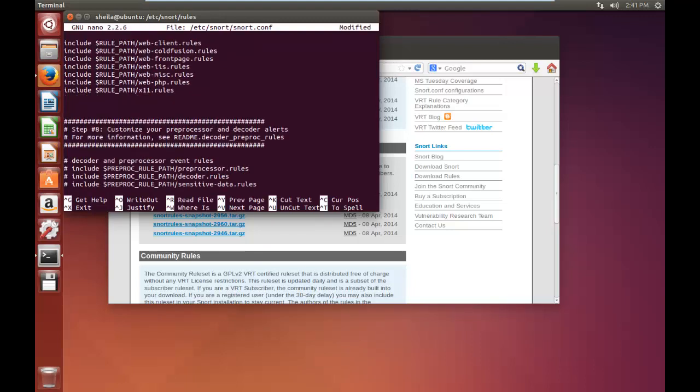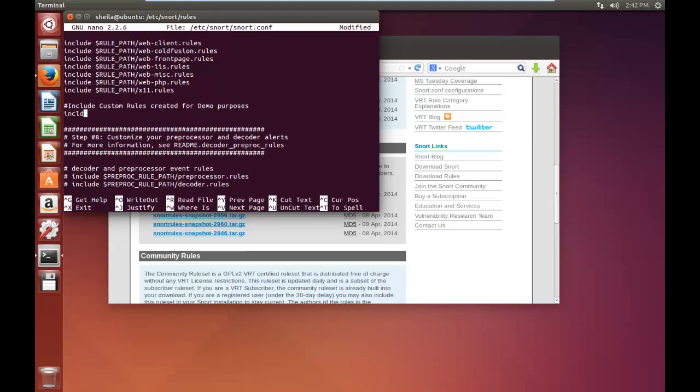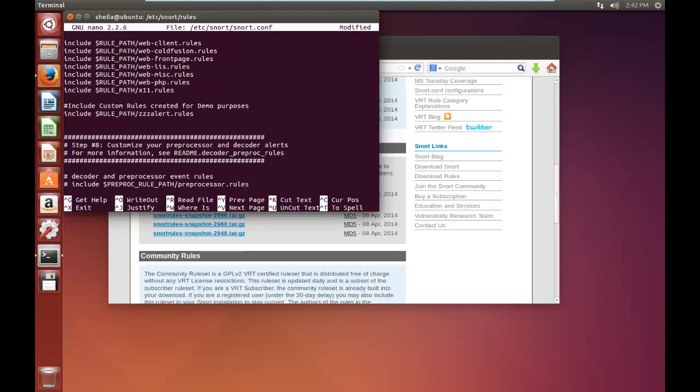And I'm just going to add something. The pound sign means don't run this, it's a comment line. So include custom rules created for demo purposes. So we basically include rule_path. It's going to be CCZ alert rules include